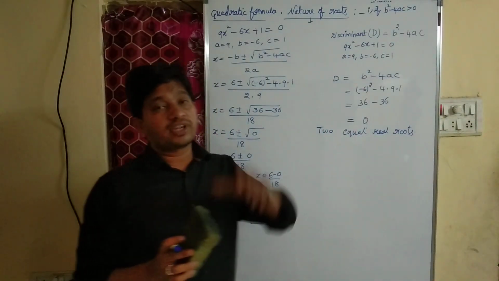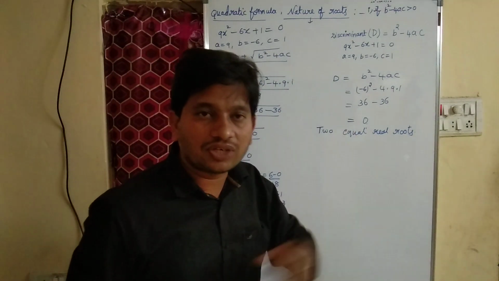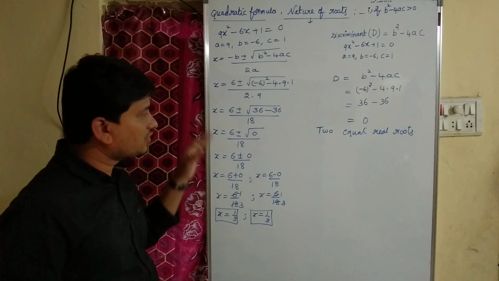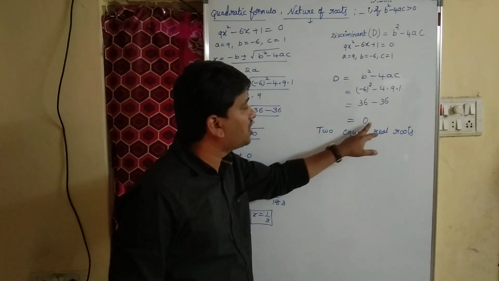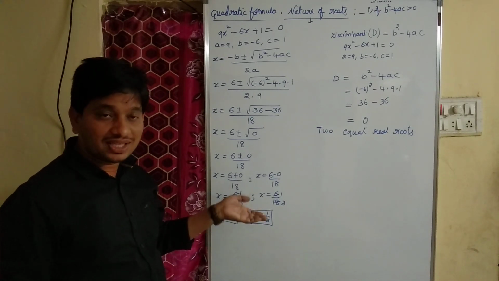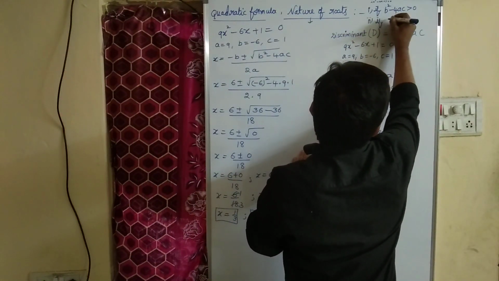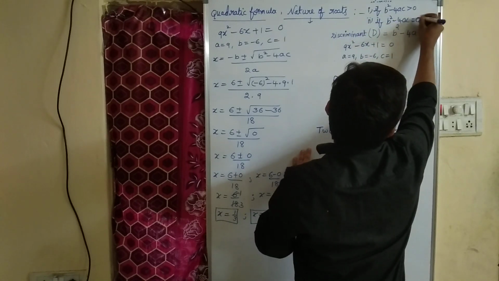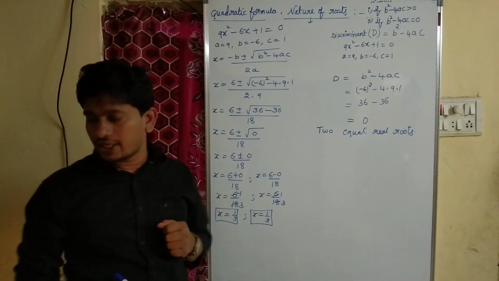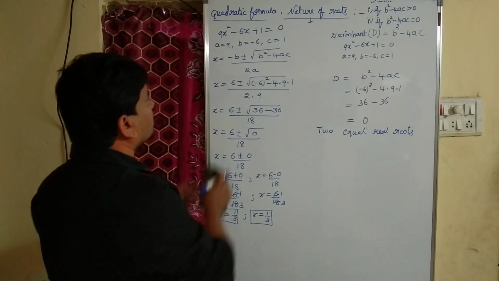Try to understand the difference between case 1 and case 2. In case 1, b square minus 4ac value is greater than 0, I mean we got there 12, and 12 is greater than 0. Then you will get two distinct real roots. If b square minus 4ac value is 0, then you will get two equal roots. If you observe here, both the roots are same, 1 by 3 and 1 by 3. So children, what is the second case? Second case is if b square minus 4ac equal to 0, then you will get two equal roots. Two equal roots.